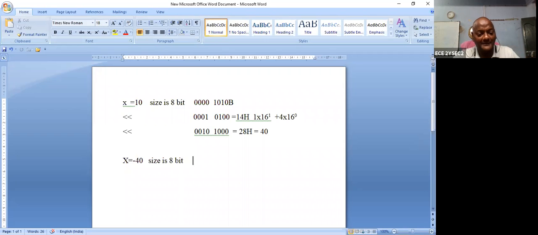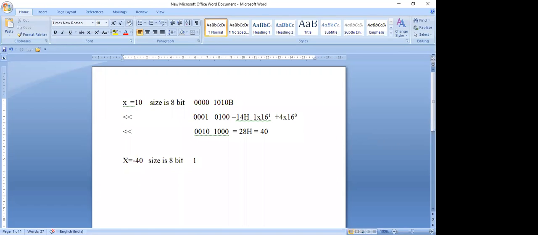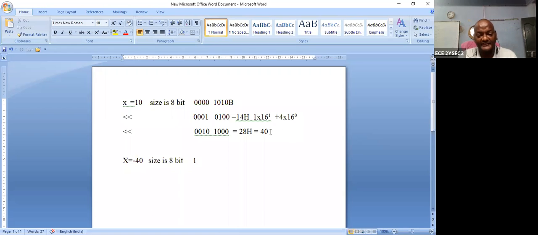So I am saying that minus. Minus stands for what is the first bit? 0 or 1? First bit, 1. That's good. 1. And so can you please see that this is the 40. So now I want to represent the negative number, this value. So please consider this value. Okay. What is the 2's complement of this?